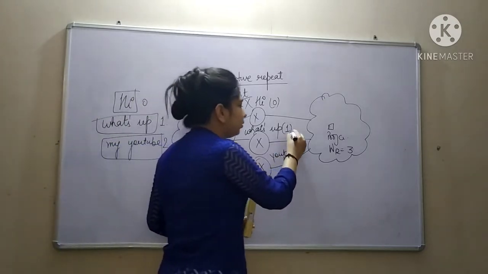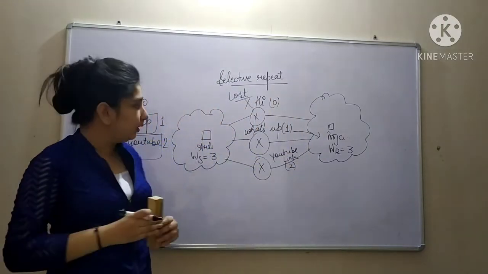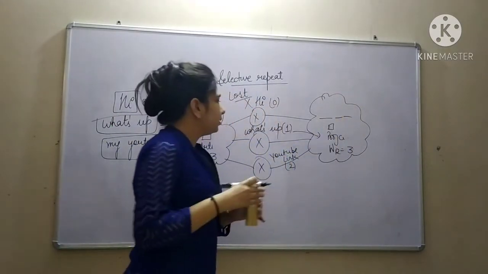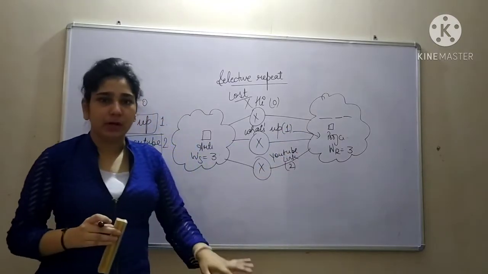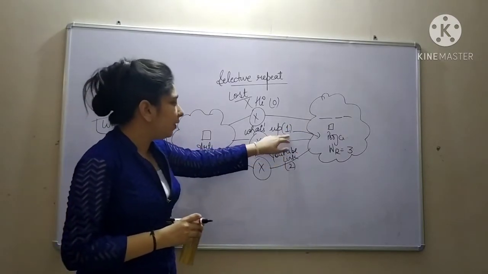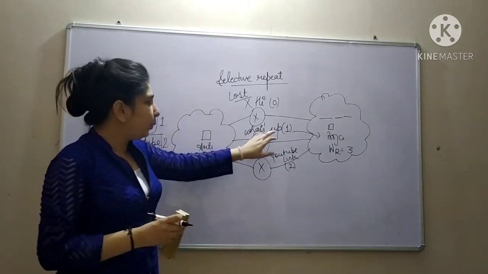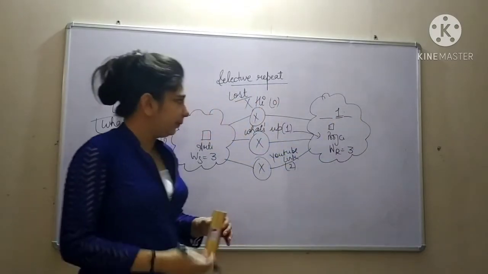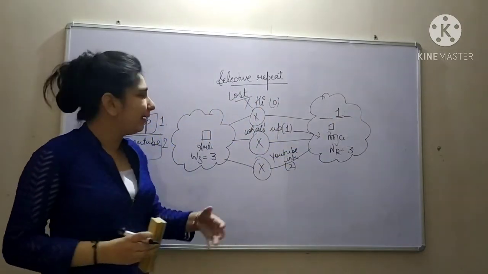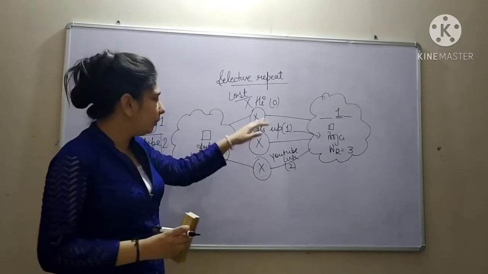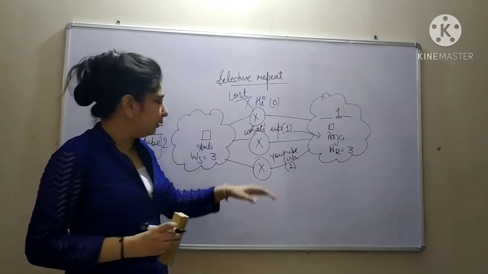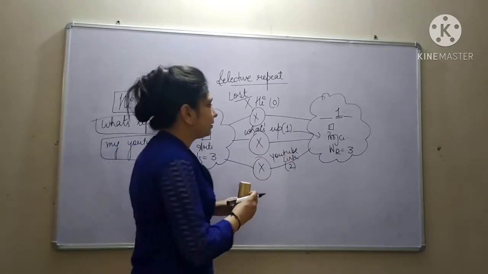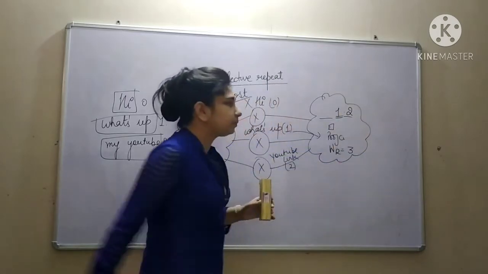When the first packet goes to the receiver, it will accept it. It needs 3 packets, so even if it needs 3 packets at one particular point of time, when the first packet goes to the receiver, it will accept that packet. It is not like in Go-Back-N, where if the first packet is lost, all the remaining packets will be discarded. No, it will accept packet number 1 and then it will also accept packet number 2.